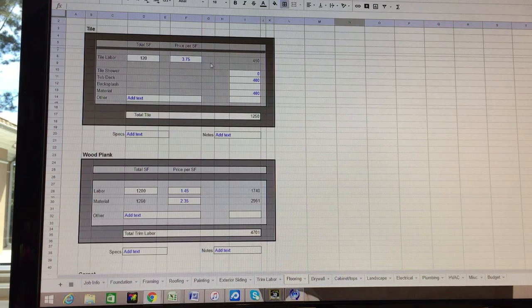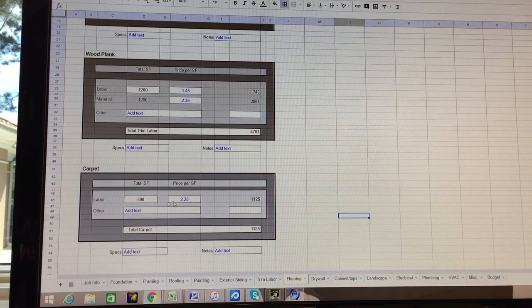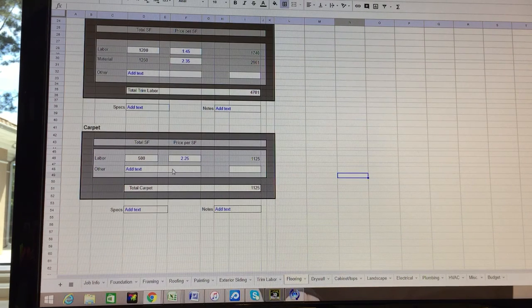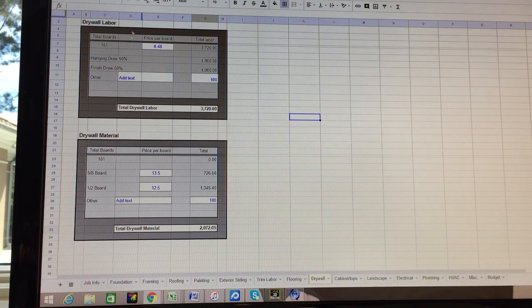Flooring, price per square foot. There's the extras on tile, what the normal extras are. Wood plank, same thing. Carpet, basically same thing. We just need to look at how much square foot of carpet there is and add that in, and that'll give us a pretty close estimate. Drywall, that's automatically calculated from the job entry sheet with the formula bin provided, and it's pretty close. We tested it with a couple jobs, and